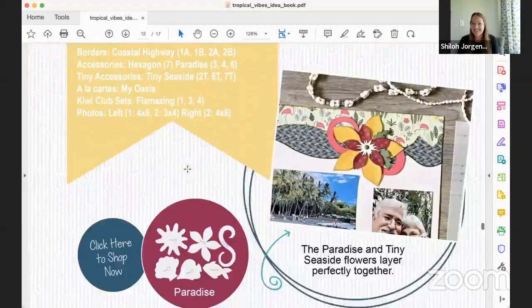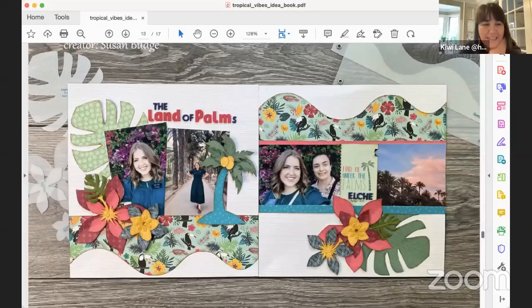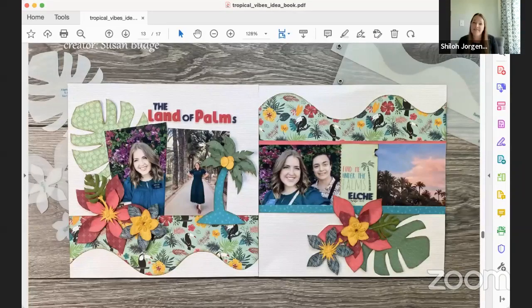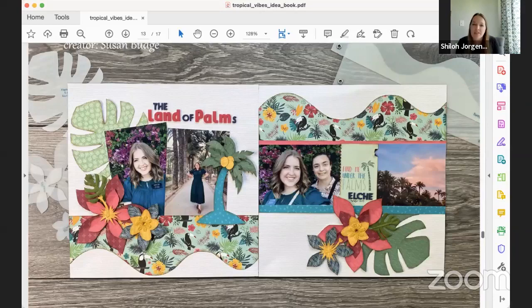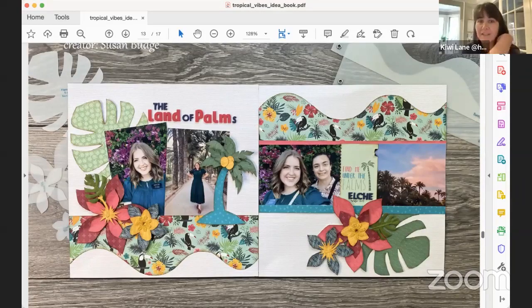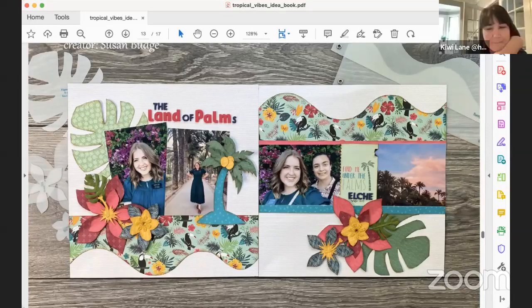Cute. Lots of cute things. Yes. So of course, Maddie sent me these pictures from Elsie. That's so pretty, and so I have to share that with you. I love your title on there too. That is so pretty, Susan. Well, once I found out that's LJ's slogan, the land of palms, I was like, oh, well, yeah, perfect. That's awesome.